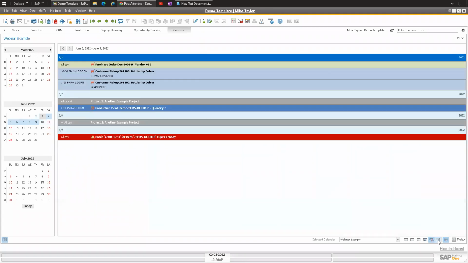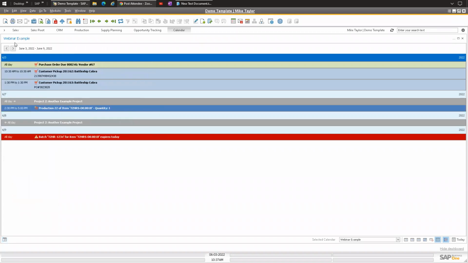Then we also have the agenda view. So this is kind of, I like this view. It's in order for the different days. So this can be set up on another monitor, make it vertical. And then this is kind of like your McDonald's order queues, and you can have this in a vertical way, and then you can have customer pickup if you were worried about that coming in, and just have an overview of what your warehouse processes are in terms of a timeline.